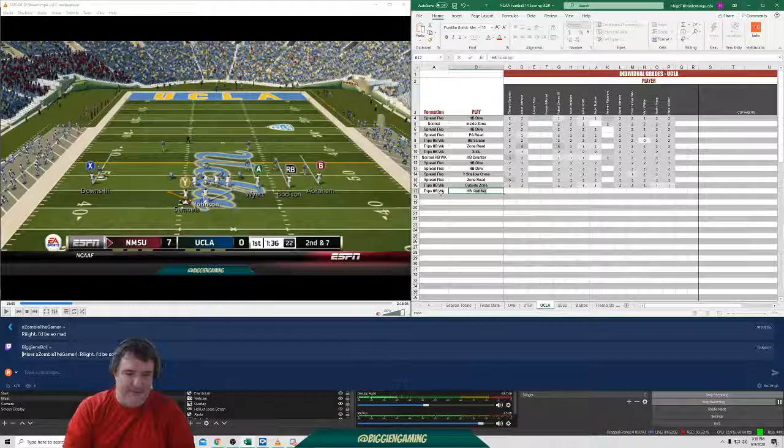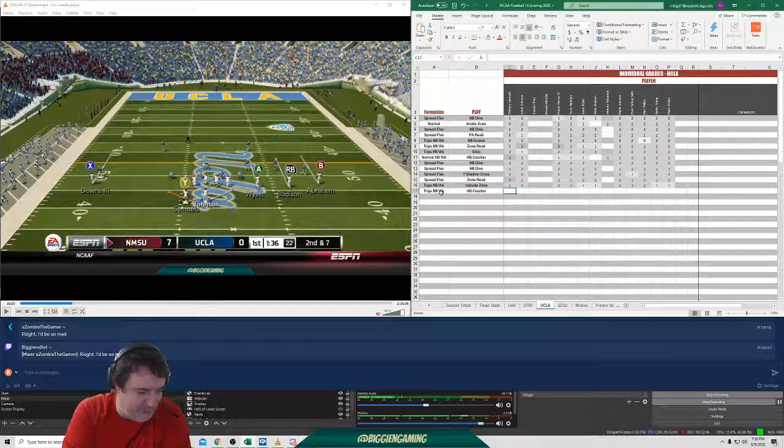So what we're doing is we've been playing NCAA Football 14 from the 360. I still have a copy of it. This is a game where I'm playing in the dynasty. It's first year's dynasty with New Mexico State University, and we're playing UCLA as the fourth game of the season, guys. Fourth game of the season. And we're watching the game film.